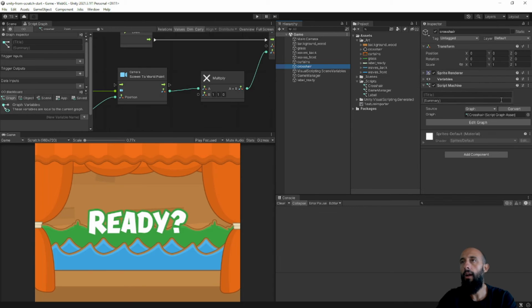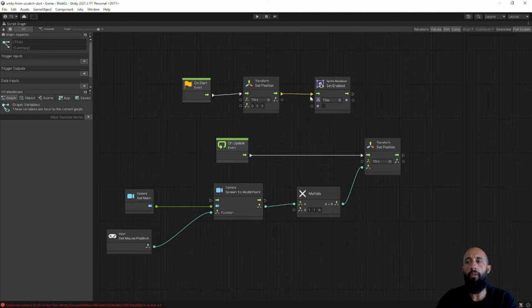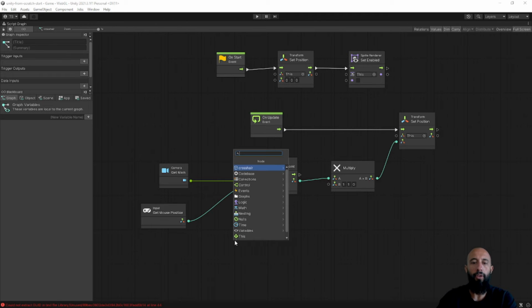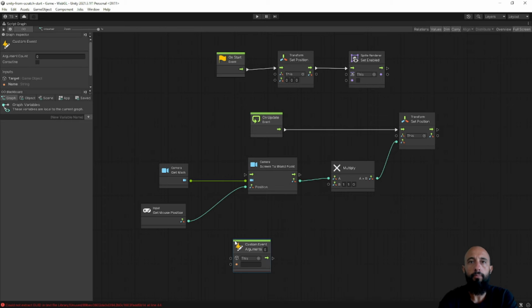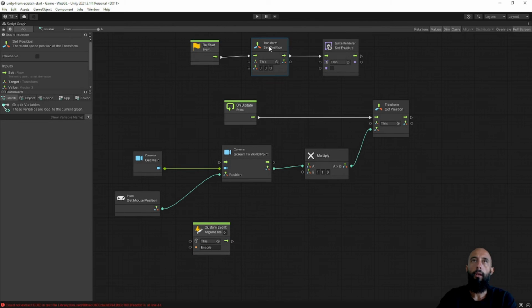So now going back to what we were doing, now the label ready is triggering the event in the game manager. And now we go to the crosshair, which was the one that we were editing before. So when it starts, it hides itself and everything. But now what we need is that the game manager is going to need to enable the crosshair when it receives the start game from the label ready. So we are going to create a new custom event here. And we'll take this chance to also see what this argument is all about. So we are going to create a custom event here called enable. And actually, we can even take this from here